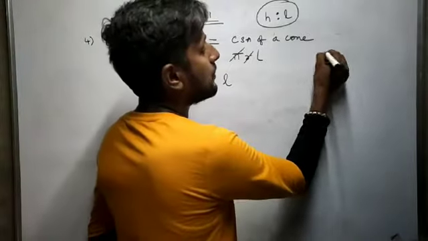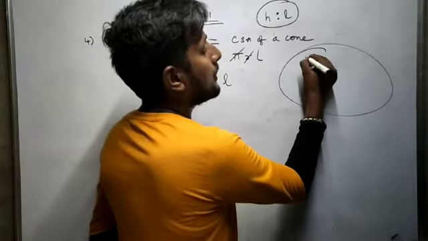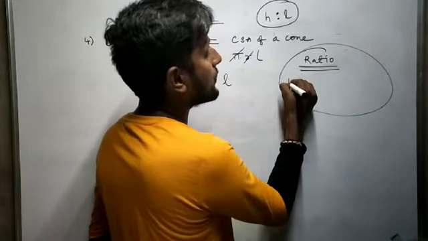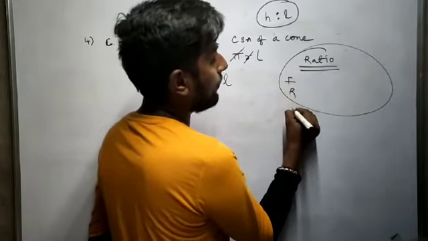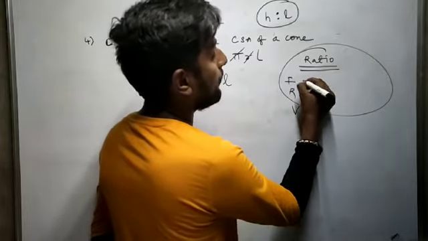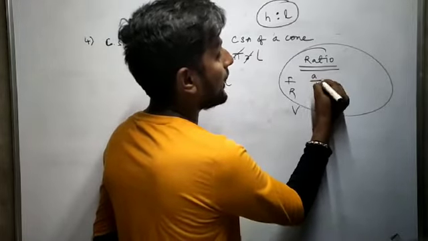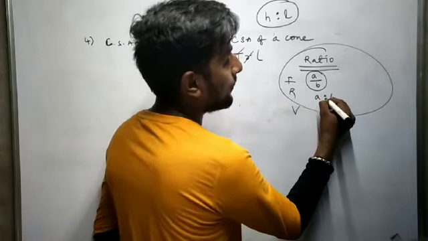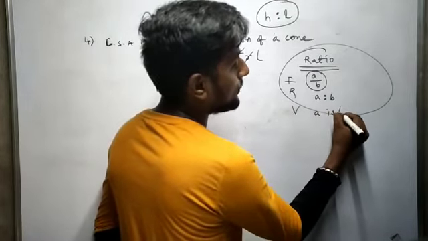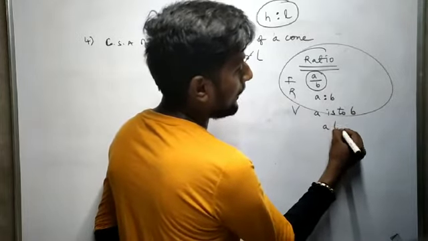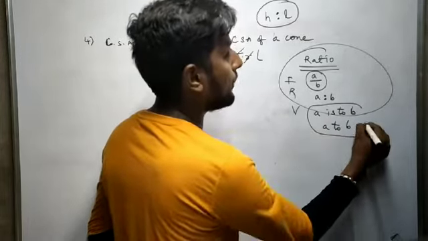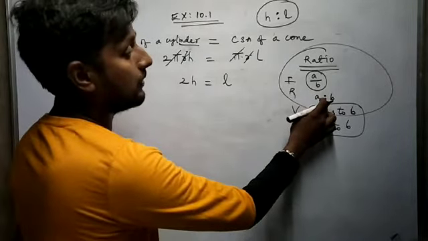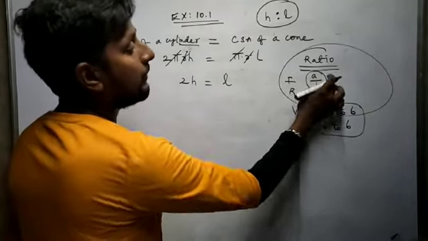Just to look at an example, a ratio we can express in three forms: fractional form, ratio form, and verbal form. Fractional form means I can write a by b. If you want to express with the symbol, a is to b, or we write a to b, which is verbal form. Verbal means we use words. Here we directly use the symbol of ratio, and here we have written fractional form.